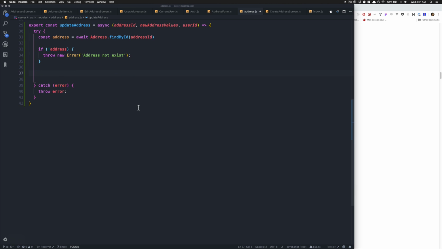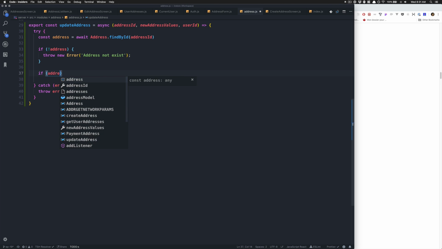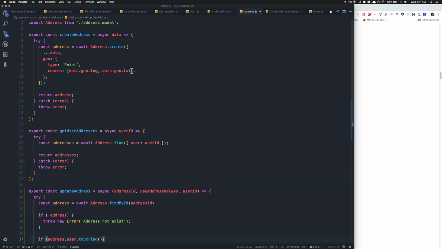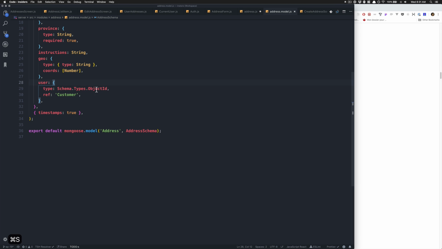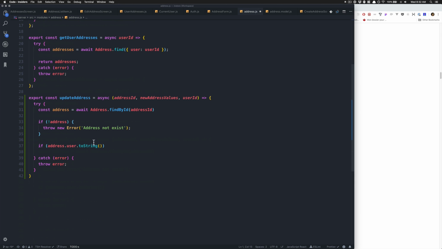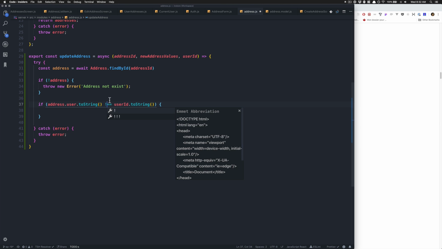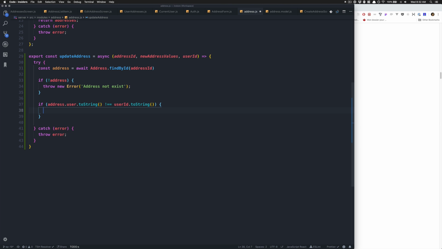After that, if my address.user.toString(), I need to pass this as a string. As you know, inside my address here, I have my user schema ObjectId, but it's a schema type ObjectId. It's not really a string. So if you want to be able to evaluate this with the user ID, I always transform both into strings. And you say userId toString also, because this one is also going to come from Mongo. So if it's not equal,